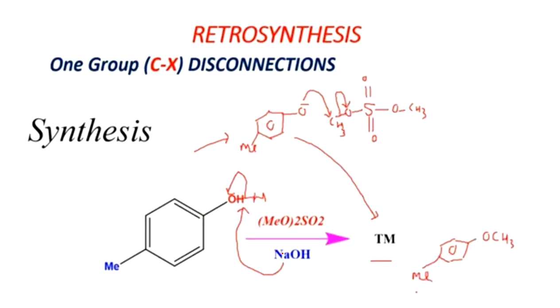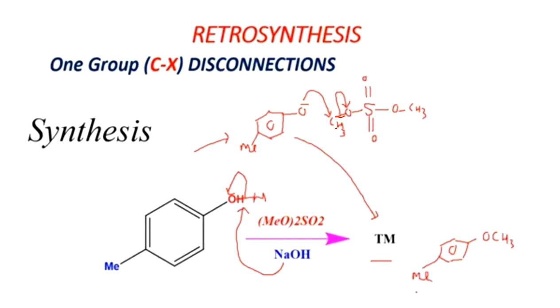This is nothing but NaOH. NaOH could abstract the hydrogen atom from this oxygen, so there is a formation of negative charge. This negative charge can attack this, which is the structure of Me2SO4, that is SO2 with two methyl groups here. Between the methyl group and the oxygen there is a formation of polarity. The negative charge could shift towards the oxygen atom and the positive charge comes over the methyl group.